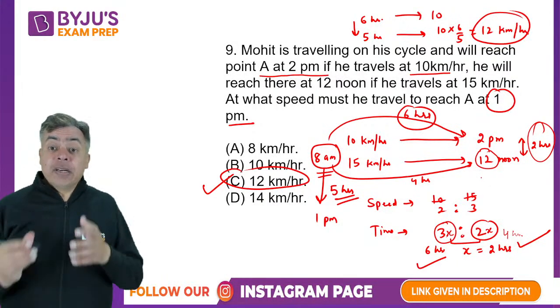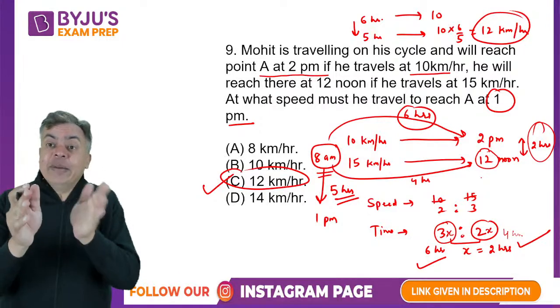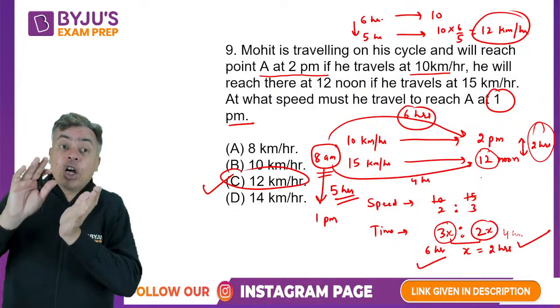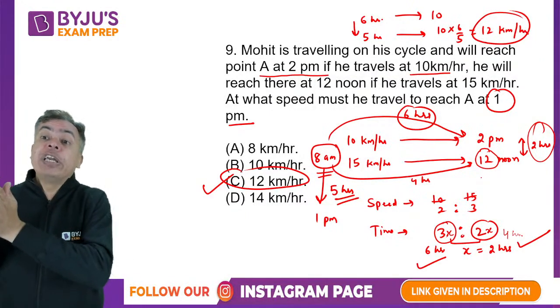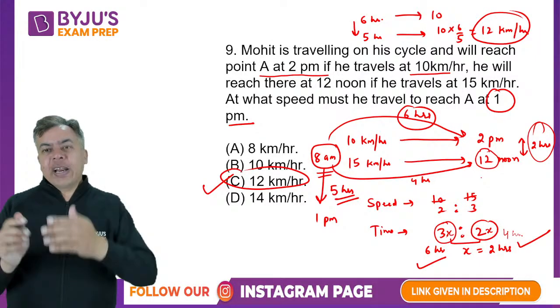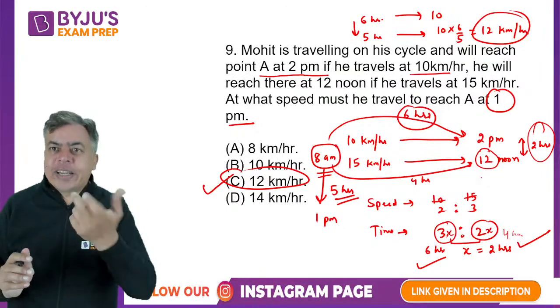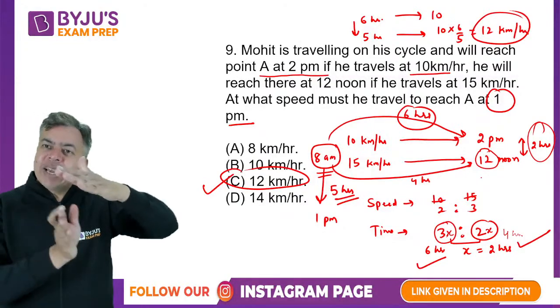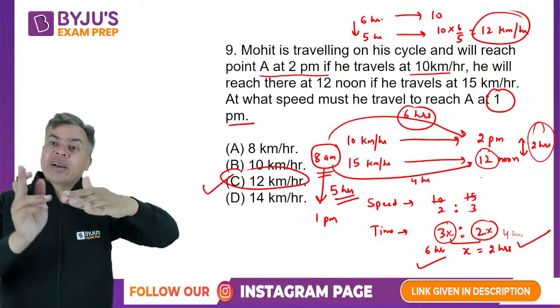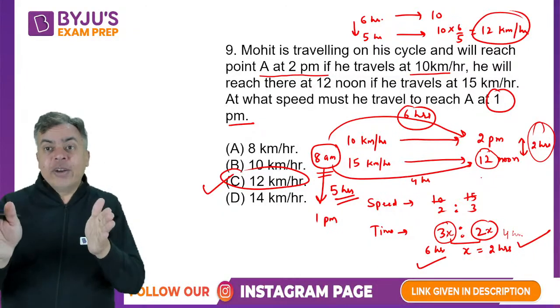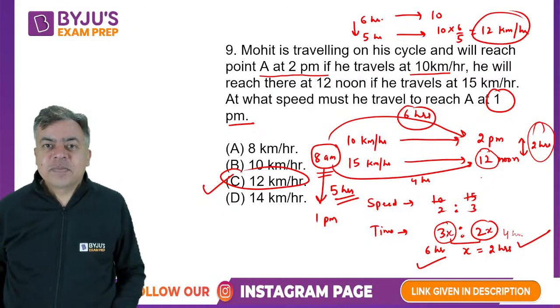Similar question, but the point is that when you calculate the time taken, because it is given, the difference in the time taken you are getting from the time at which he is reaching the destination. Okay. So here you are getting the difference of the time, but you don't know the individual time taken. So from the difference of the time, you are calculating the individual time taken. Now when you know the individual time taken, you know the starting point. Now you want to reach at 1 p.m., right? So from there you got that you want to reach in 5 hours, right?